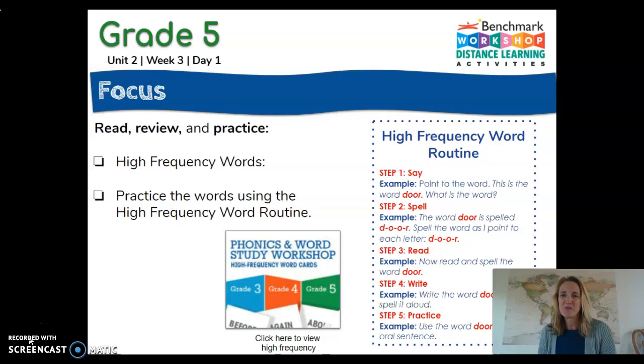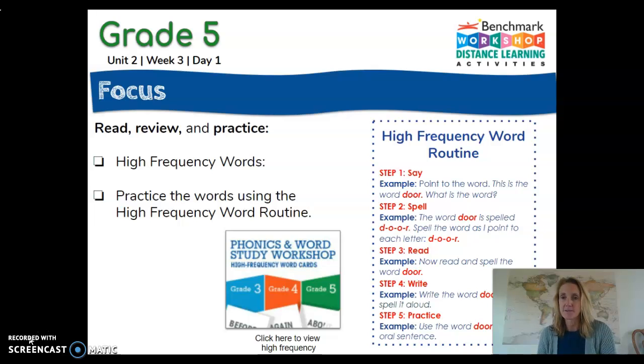Hello, we're ready to move on to our phonics piece of our work today. And we're going to reach back into our high frequency word list. All right, this is a routine and a pattern we've practiced multiple times already. But again, I'm going to challenge you to look at the high frequency word list and choose 5 words that